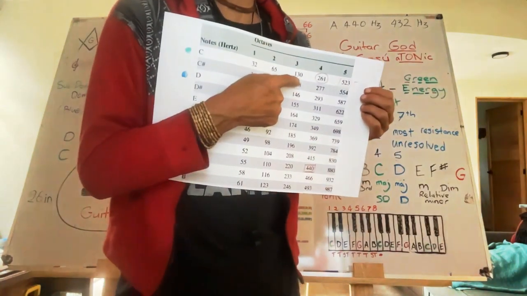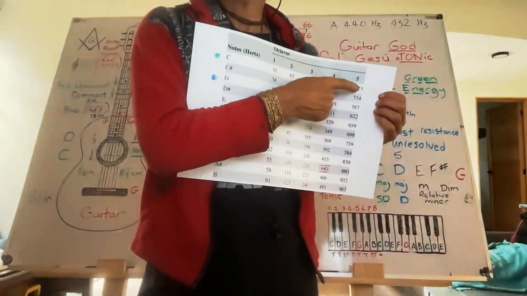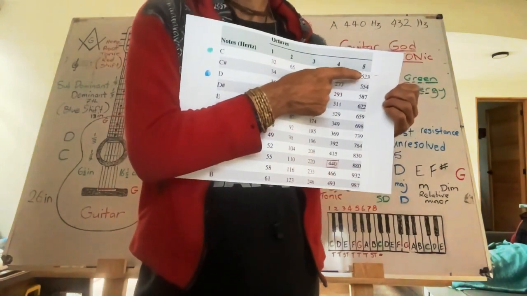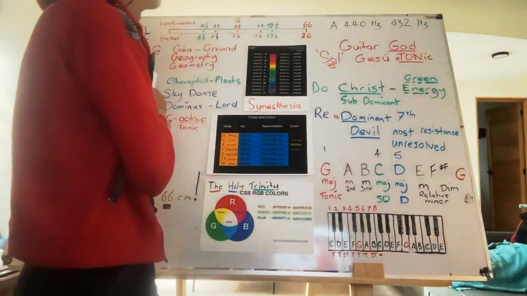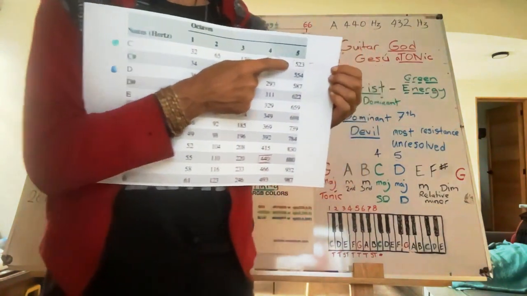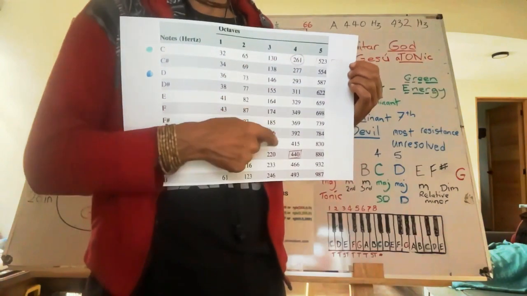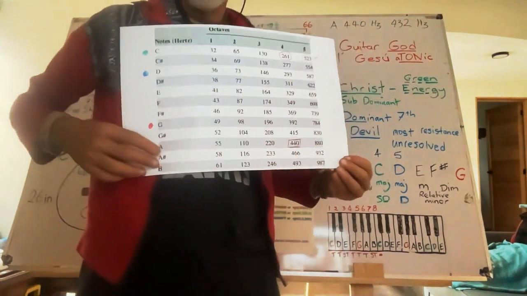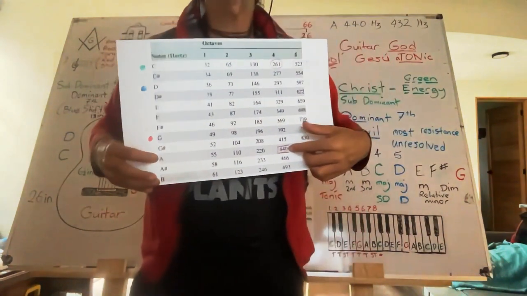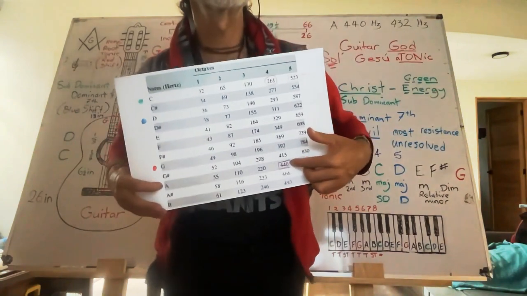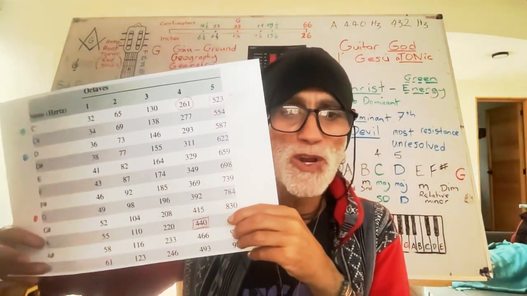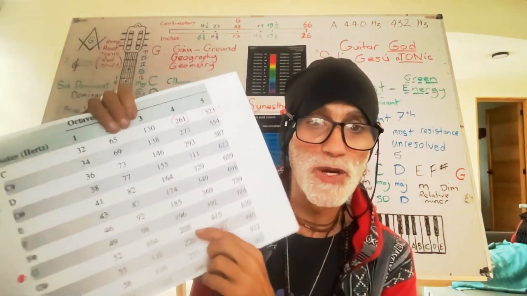Okay? But you'll notice that if you go over to here, the next octave, you've got Len Horowitz's 528. Now, did I put that there? No, I didn't. Okay, 528 is the true. That's what it should be, okay? And 440 for A is only a modern thing. It's only been around for about 80 years. Okay, the Rockefellers implemented it. This is a Rockefeller tuning, guys. And if you know anything about the Rockefellers,